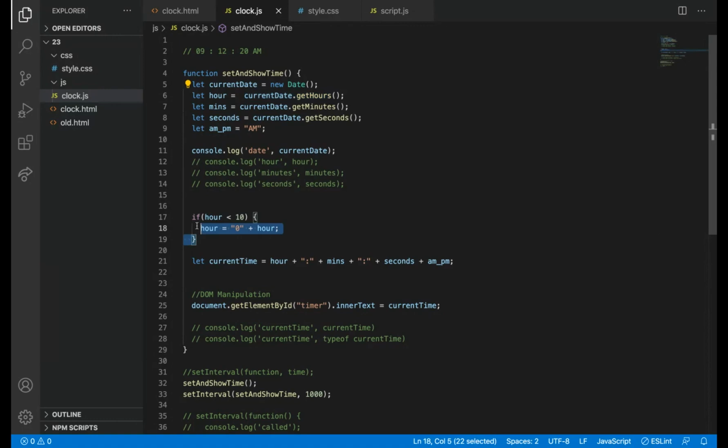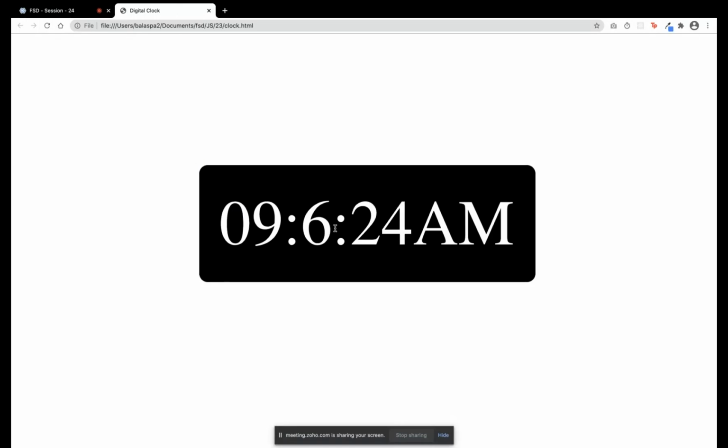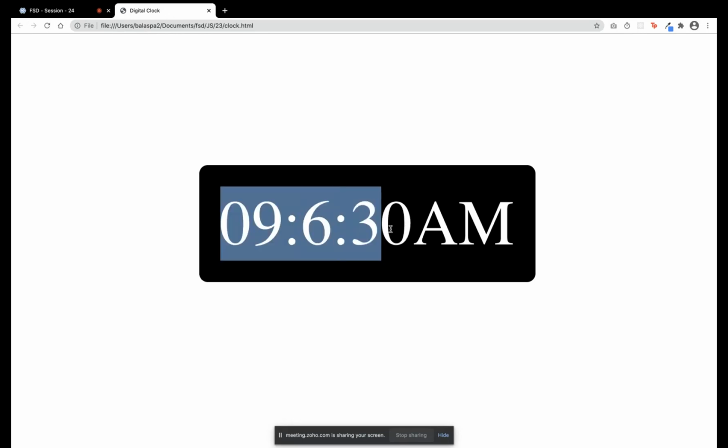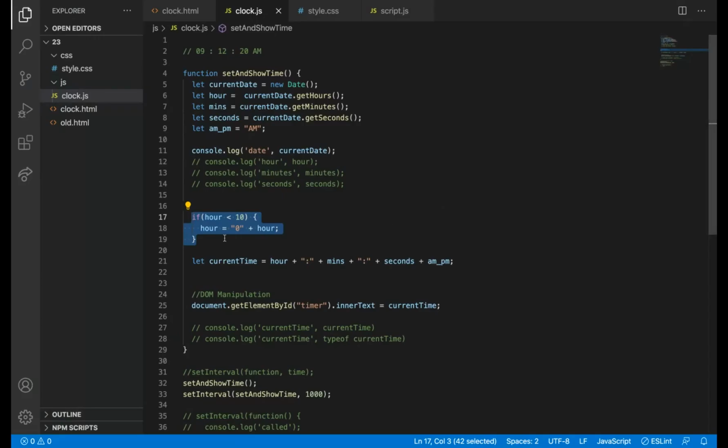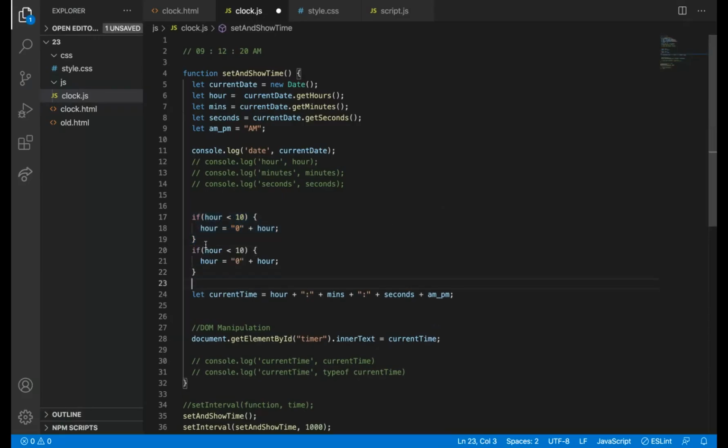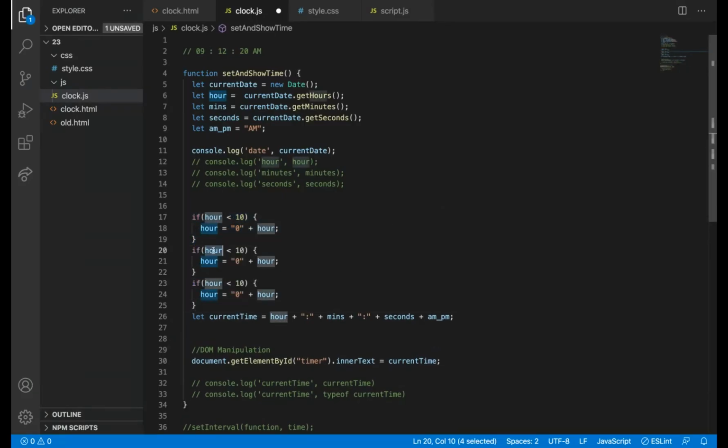So what I'm going to do is, for everything I'm going to do the same, because here also I want 0, 6, and for seconds also, 1, 2, 3 till 9 seconds, I want 0 to get appended. So minutes less than 10 is equal to 0 plus minutes, and seconds less than 10 also.